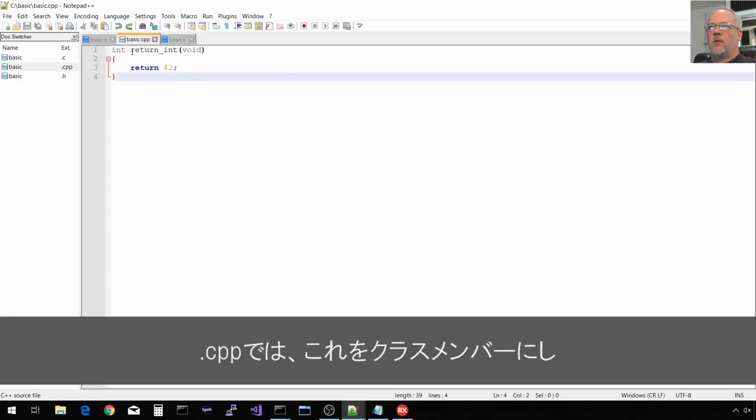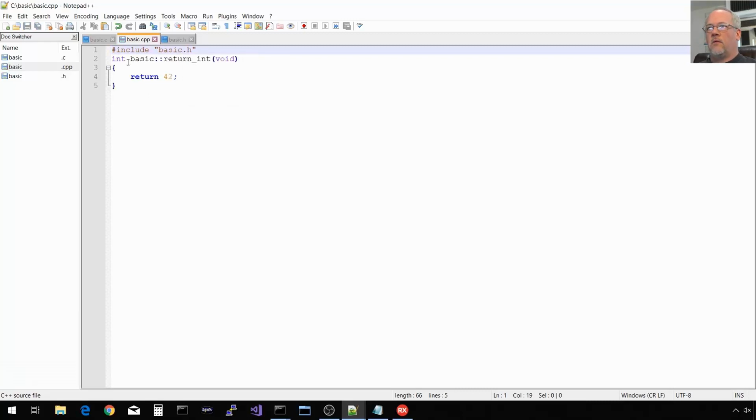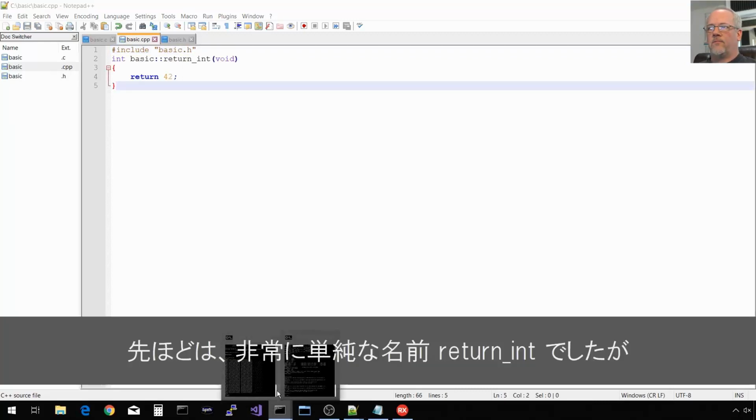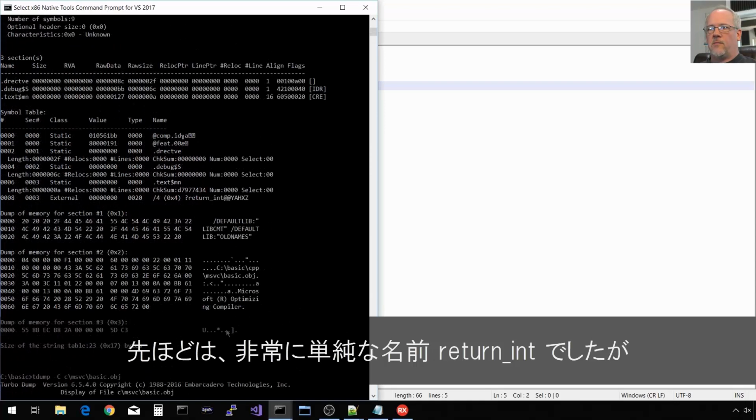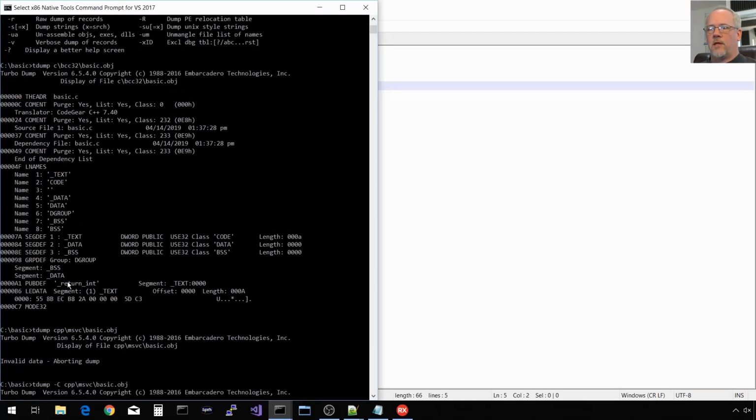And then in our C++, we're going to say that it's a class member, and we need to include our header file so that we get the class definition. So previously, we had very simple names. It was just that return int, like so.